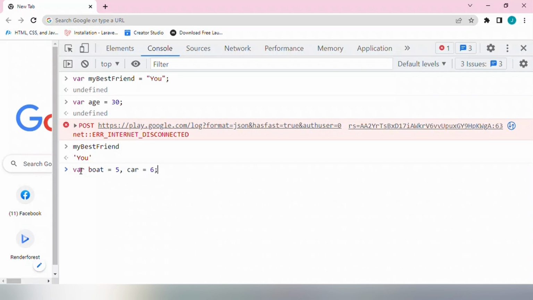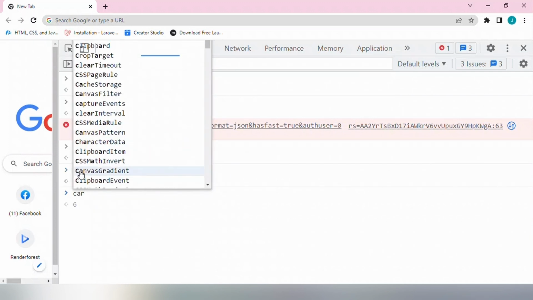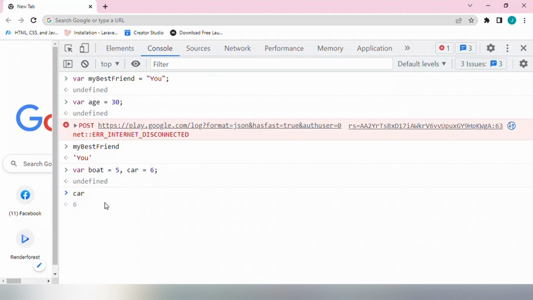Then please make sure to put a semicolon. Then when we ask for car, it tells us 6, and when we ask for boat, it shows 5. And so we've created multiple variables at the same time, and this saves us some work. So you've seen how to assign and how camel casing works.